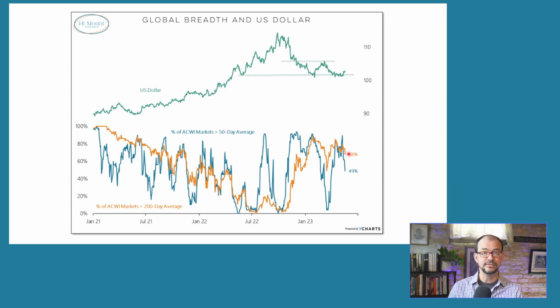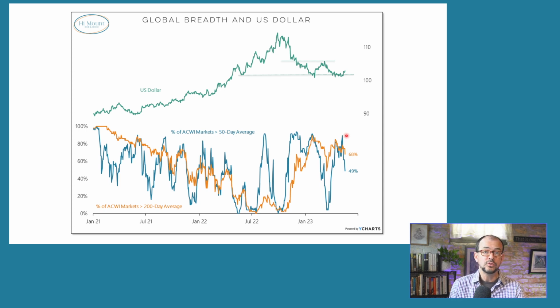And so this strength we've seen overseas is starting to get a real test as dollar stability emerges, and global US weakness, whether it's macro related weakness or equity market weakness beneath the surface, we're seeing a flight to safety again in the dollar. Dollar improves, that puts pressure on global equities. So I don't think it's enough to challenge some of those long-term secular trends we've talked about, but in the near term, Europe, the UK, those have been very strong areas, and it would not be too surprising from my perspective if they cool down a little bit, if we get this flight to safety and start to see the dollar heat up again.